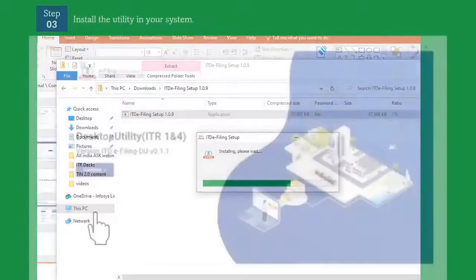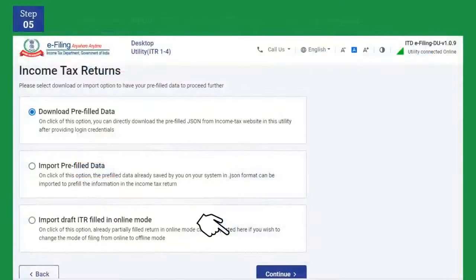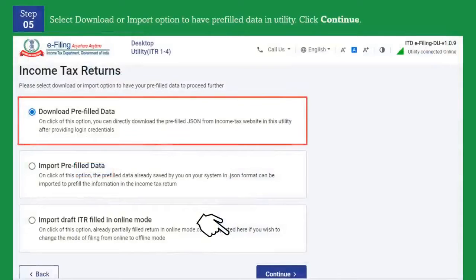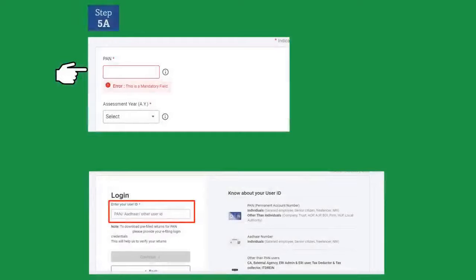After you install the utility, you can run it. Here you will land on the home page. Now you can click on continue to file your ITR for assessment year 22-23. You can select download or import option to have pre-filled data in the utility. Post selection, click continue. If you choose to download the pre-filled data, you are required to enter your PAN number